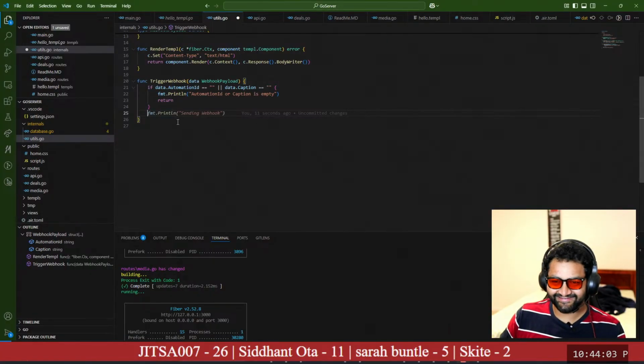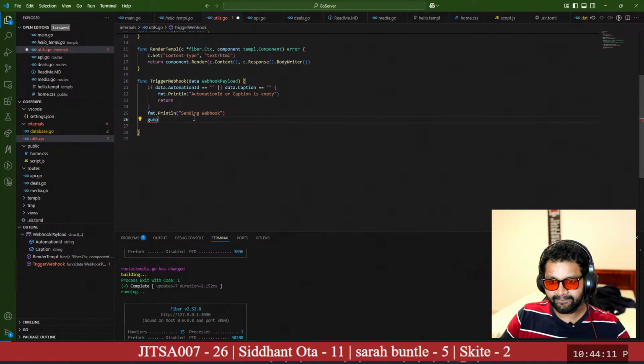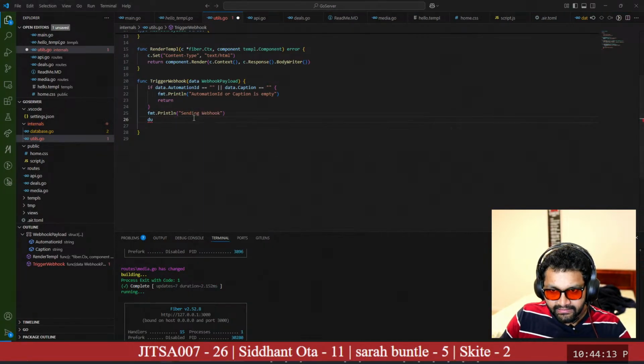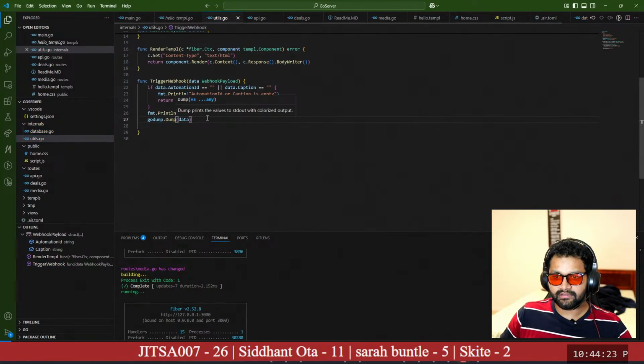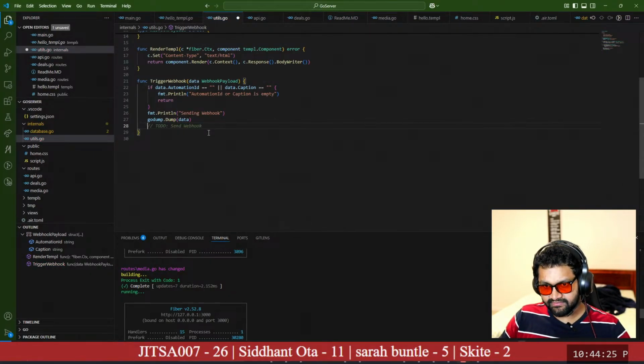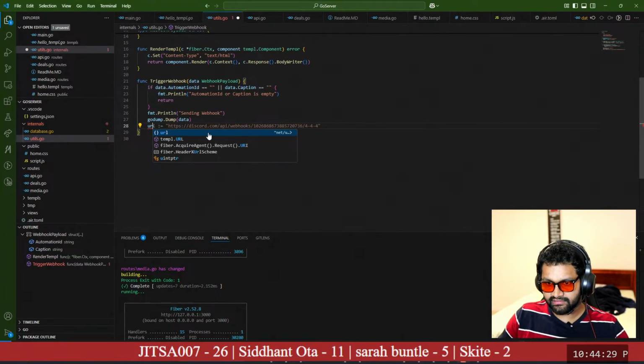What's happening with you? Sending a webhook, printing data, or we can say dump. Go dump, yeah, dump data. Now I have the webhook which I'm sending, and then we need to make a URL. Let's write a URL equals to,